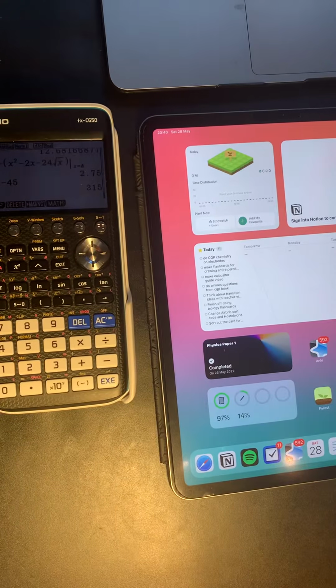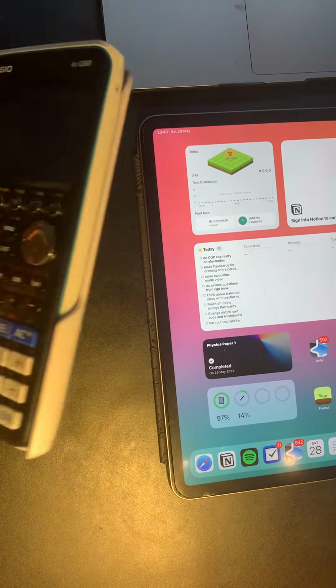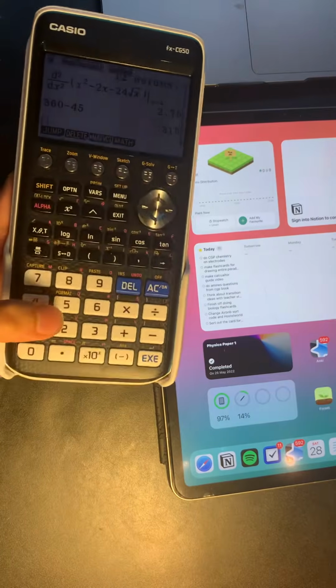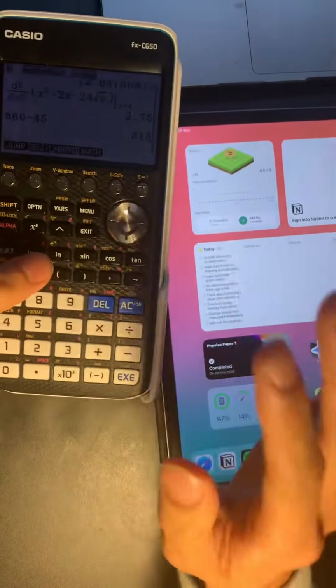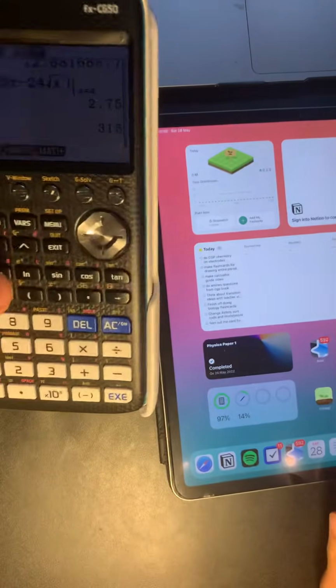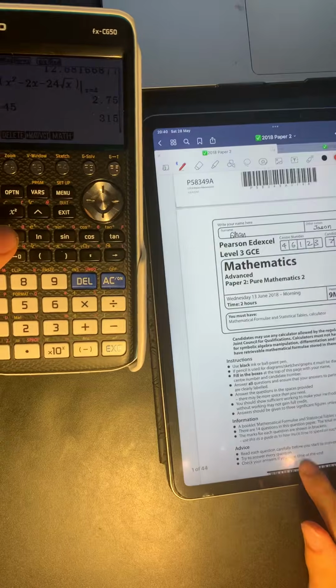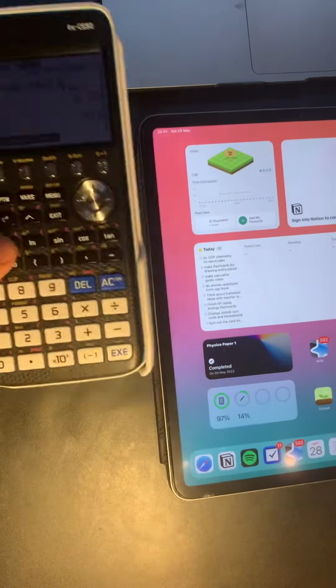Hi, so I'm Jason, and I've successfully influenced quite a few people to get this CG50, and I just thought I might as well shoot a video just for the couple of you guys who got a CG50, and I'll send it to you with this video of all the hacks and tips for the Excel A-level exam that I will be telling you on how to use it for the Pure 1 and Pure 2, as well as the